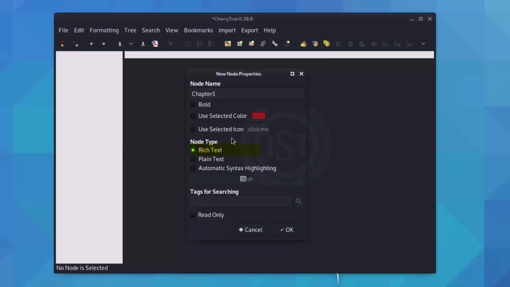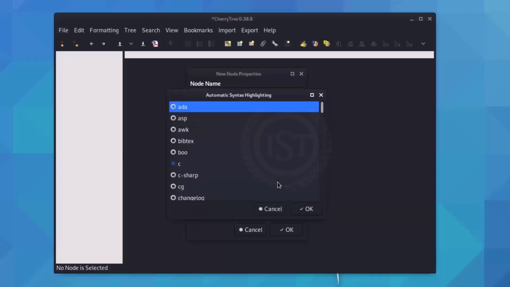And node type is set to rich. You can see that you can create files, nodes and subnodes, either in rich text, plain text, or syntax based, like a programming language or a scripting language that I mentioned just now. Click on this little shell icon over here that you are seeing. Now see, you can choose syntax for the file based on the program or script you want to write or do coding, like we have, you're seeing the list over here: ASP,